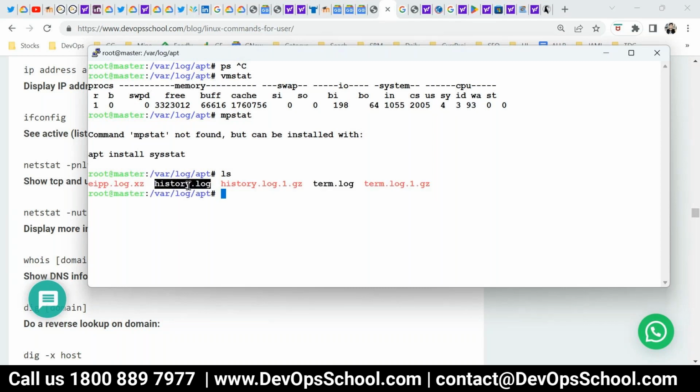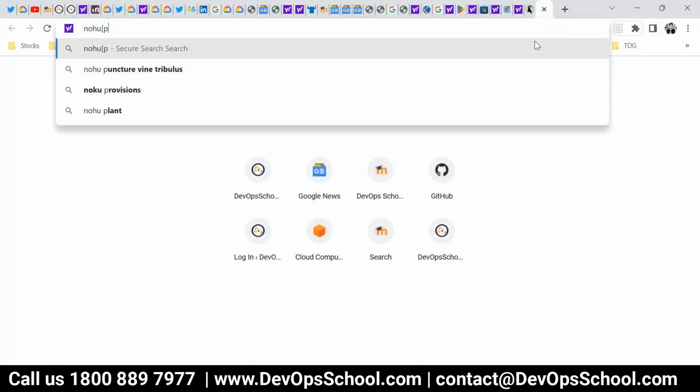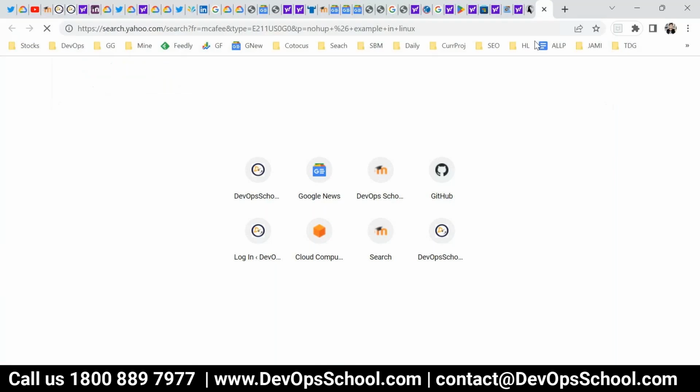Can you just repeat these things? Let me put it this way: nohup and ampersand example in Linux. Just search it, you'll get hundreds of examples.